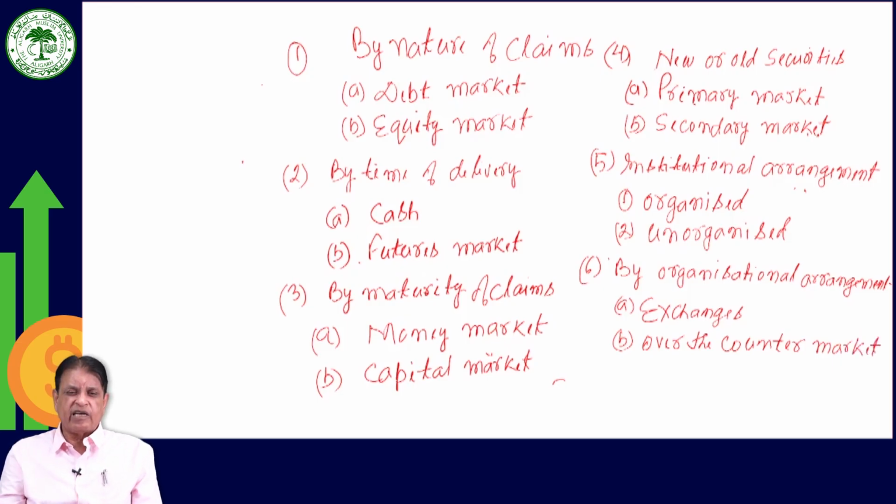Stock exchanges are the place where orderly buying and selling of securities take place. There is a designated time during which buying and selling takes place, and there are people authorized who can participate in the buying and selling of securities in the stock exchange. It is not open to all, and there are securities which are listed and approved. Only these securities are traded. There is a particular place where trading takes place, a particular timing, and there are set rules and regulations, and the trade takes place according to that.